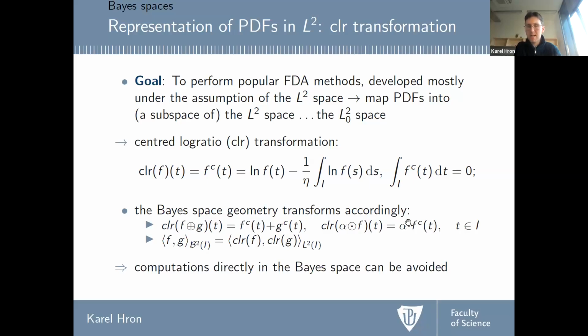usual sum of two real functions, multiplication of a function by a scalar, and also to the usual L2 inner product. So exactly as what we would expect for the L2 space. So we can avoid computations directly in the Bayes space on one hand, and still keep some important properties of Bayes spaces. Because what I would like to convince you of in the sequel is that in case of functional principal component analysis, working in Bayes spaces is not just about applying some transformation, but also enjoying some additional theoretical properties of